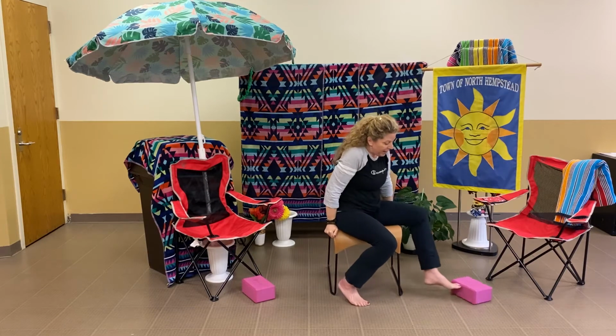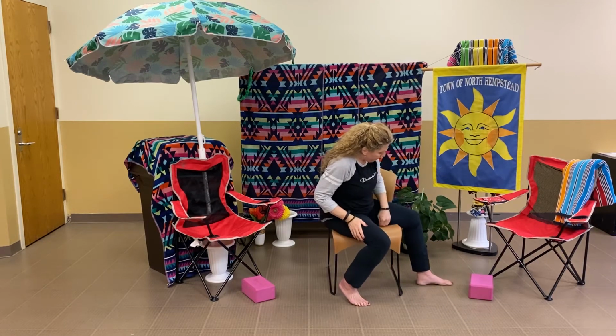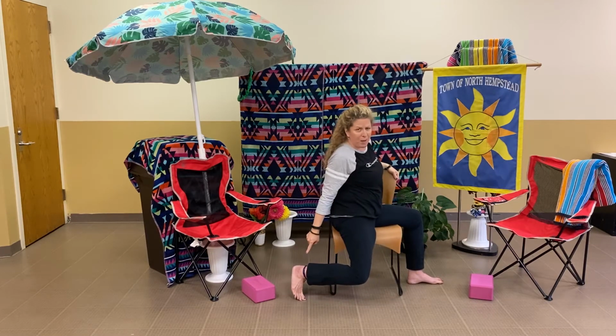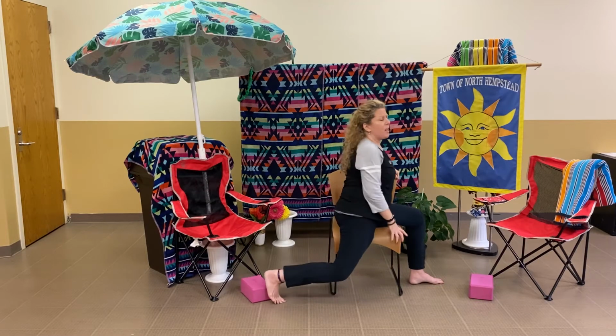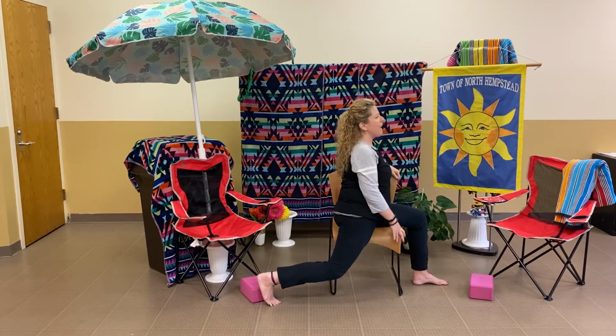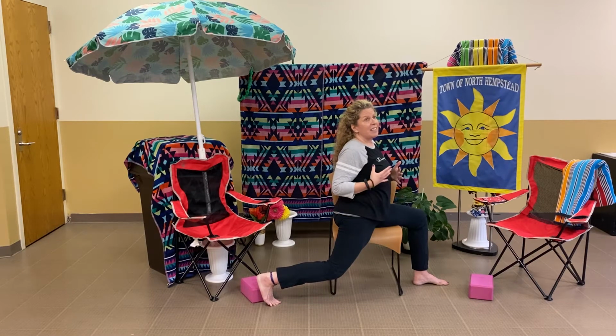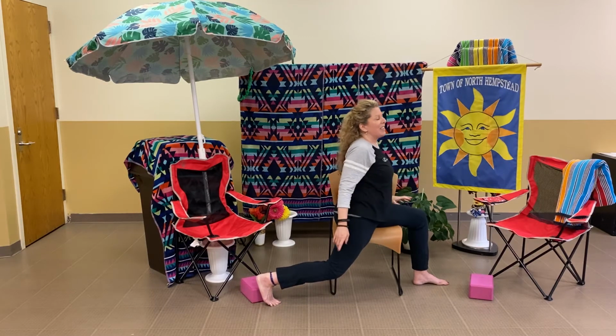So now I've got my left foot. Left knee is over the left ankle. My right foot's coming behind me, kind of a little bit angled. Whatever feels right, you can extend that right leg back. Listen to the body. Whatever you do standing in warrior one is very different from when you're doing it